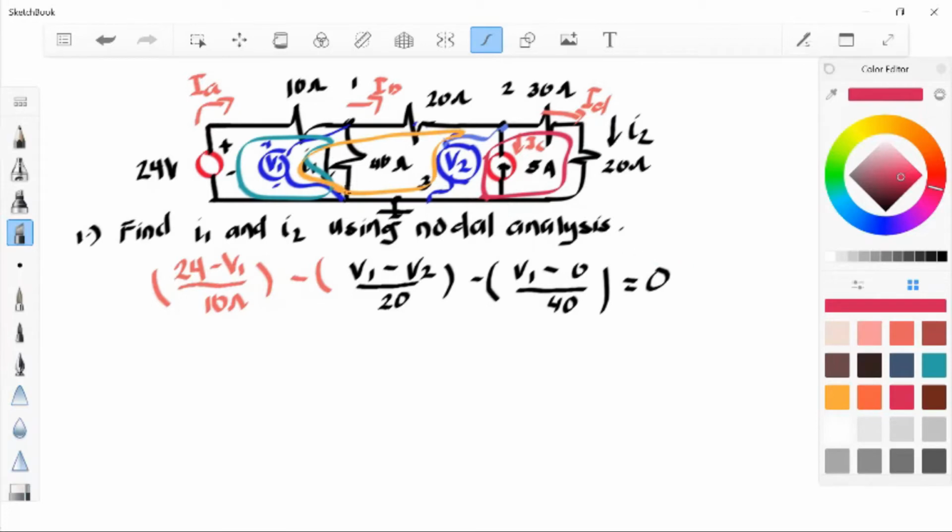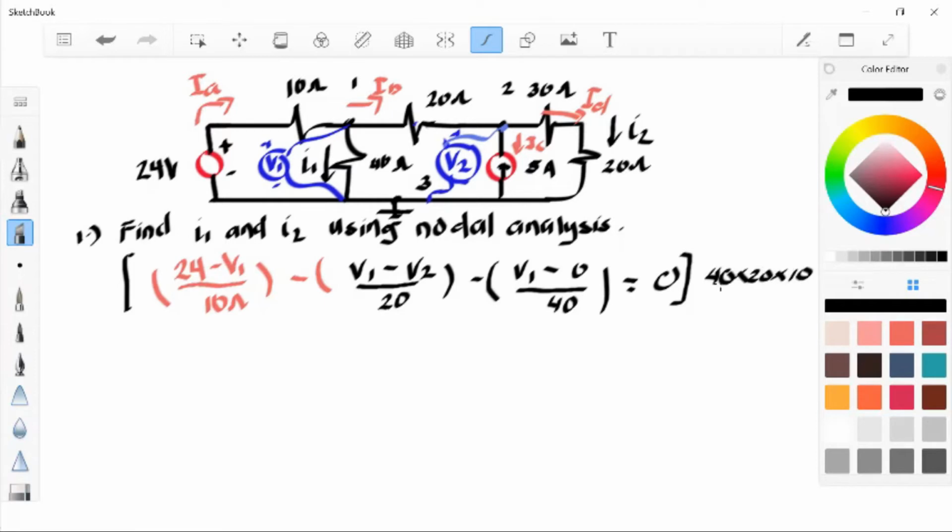Now that is the essence of a datum. Again, as a reference point to measure the voltage, the potential difference on the nodes, and to have a closed path so that our equations will be compatible, okay? And let's continue solving. Let's multiply both sides by 40 ohms times 20 ohms times 10 ohms, and let's divide